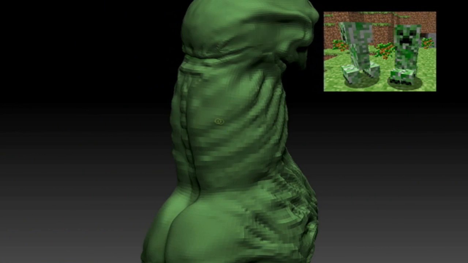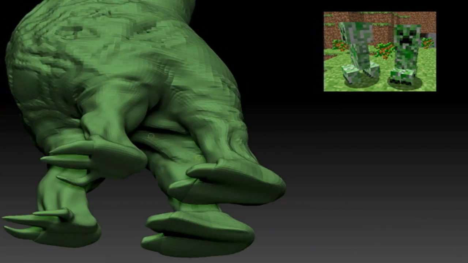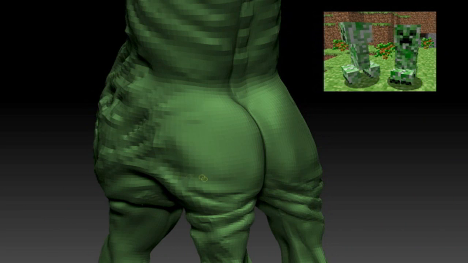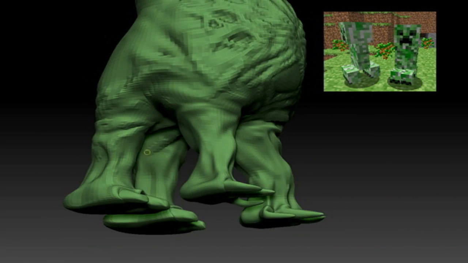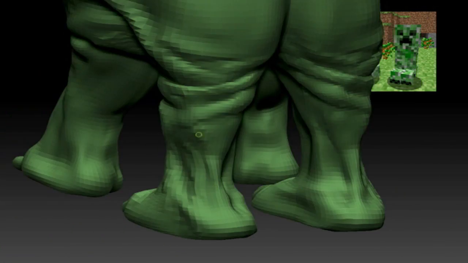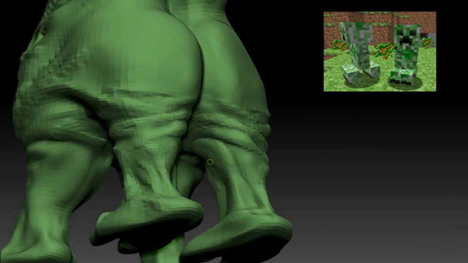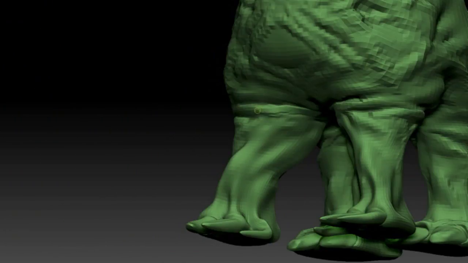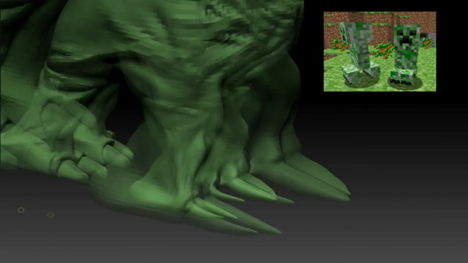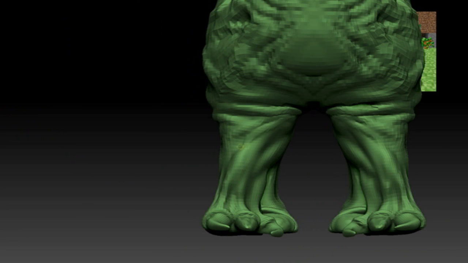Because what if in real life this creeper is right beside you, and it has the ability to corrode itself within its stomach and explode, if you take it into a real life sense? Maybe that's the reason why they explode. So I'm really giving it that organic feel in the stomach, as if something is really inside there and it's gonna explode. That kind of makes you think about creepers and why they explode.